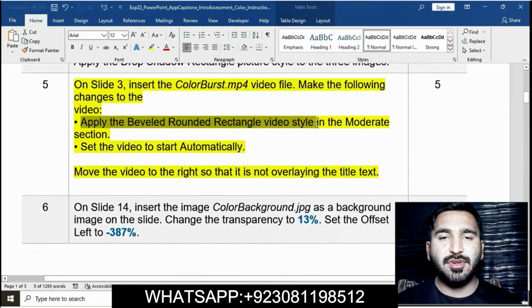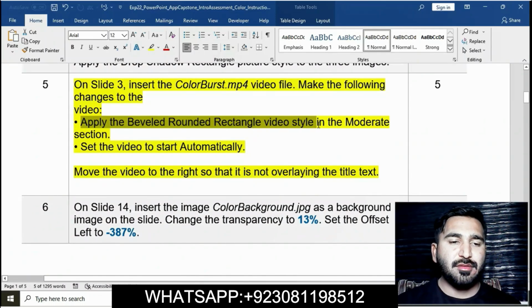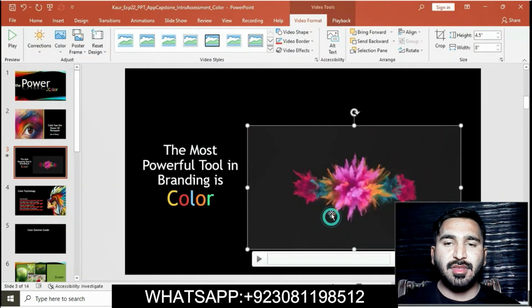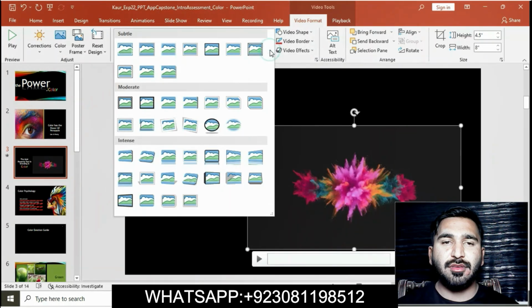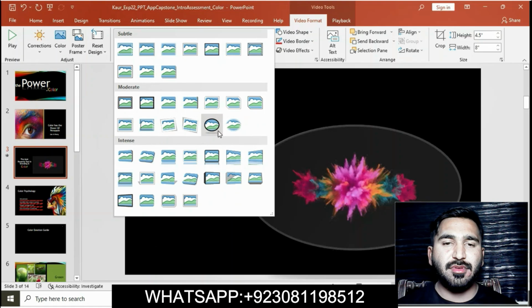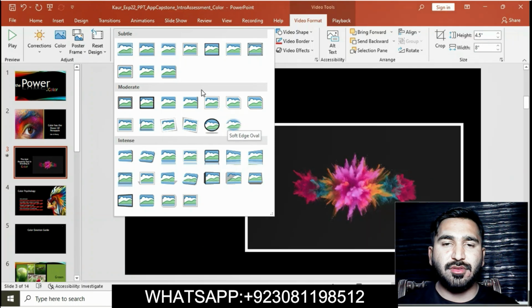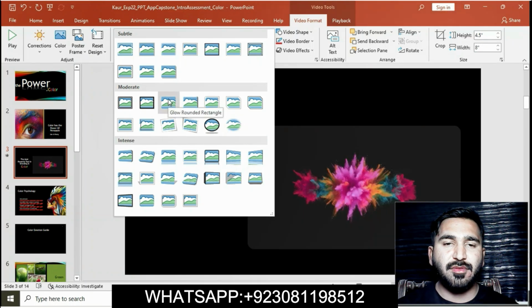Then make the following changes to the video. Apply the beveled rounded rectangle video style. Select this video and go to the shape, and then simply click on beveled rounded. Here is beveled oval, sorry, and here is soft edge, and then where is beveled.